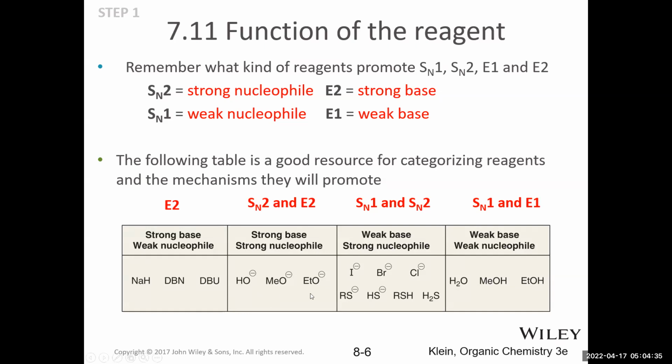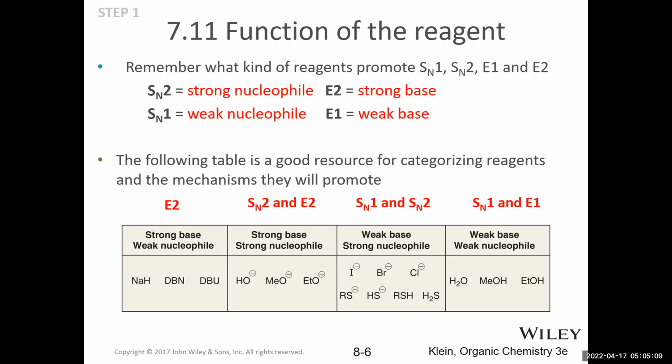Reagents such as hydroxide, methoxide, and ethoxide are considered both a strong base and a strong nucleophile. Because it's a strong base, it can promote E2, and because it can react as a strong nucleophile, it can promote SN2. So it's good to know that it can do both of those, and we'll get more than one product. However, then the next step will be, of course, predicting what will be the major product. And that will come in when we analyze the structure of the reagent as the reactant as well.